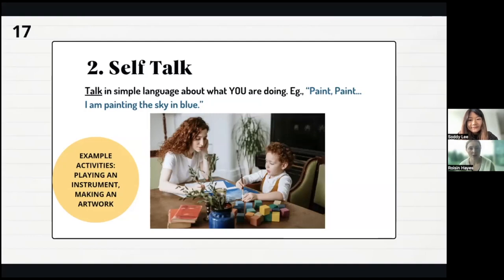When interacting with younger students, you could use simple sentences that describe your actions to increase their vocabulary exposure related to everyday activities. For example, when you are painting, you might say, "Paint, I am painting the sky blue." When interacting with older students, you could model organized thinking and introduce descriptive language. For example, when you are organizing paints, you might say, "I'm sorting these bright watercolor paints by color. This will make it easier for us to find what we need."